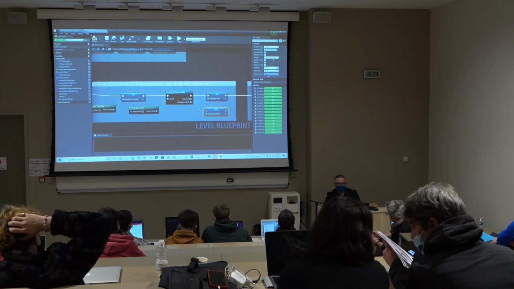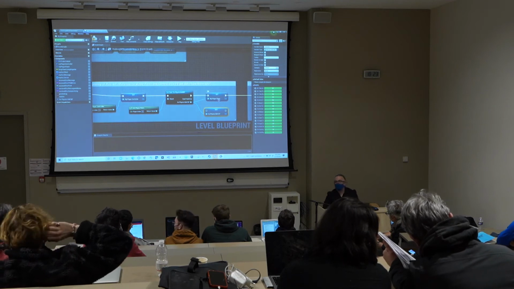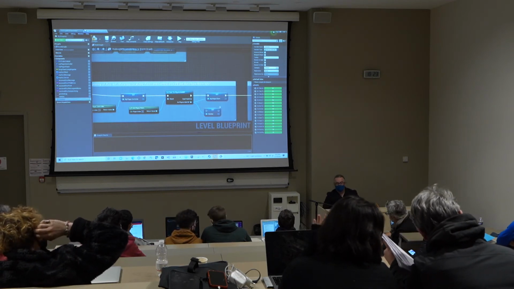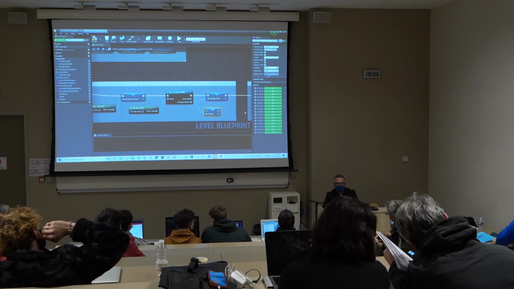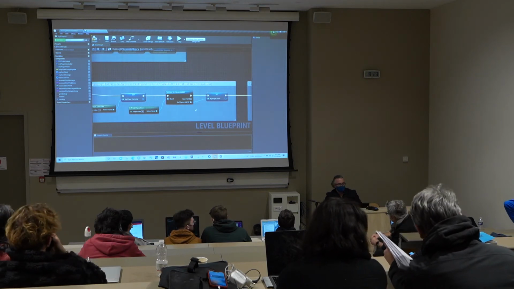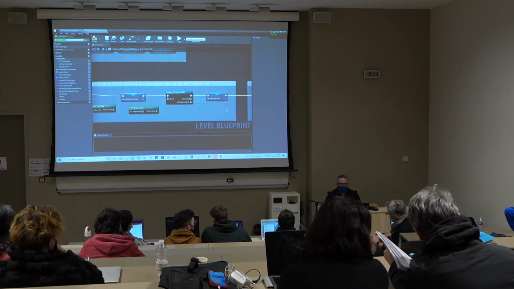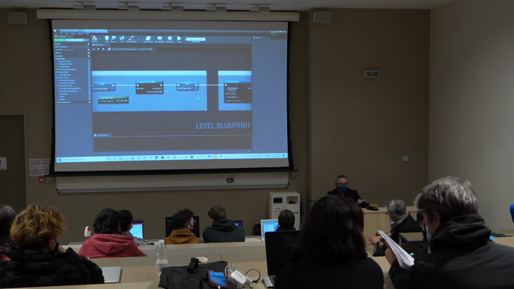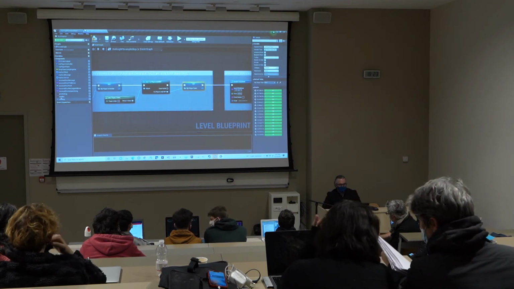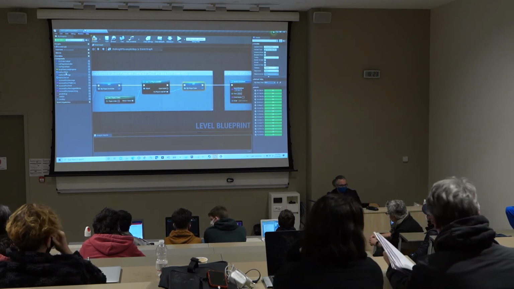Maybe. Sounds like a good variable name, but no. I already created one called my player pawn, so I'm just going to use that, but that's how I would create a variable if I was doing it right now for the first time. So we have a reference now, this variable. We see it over here, my player pawn